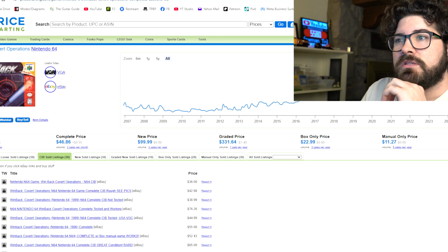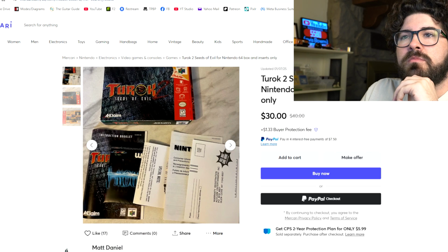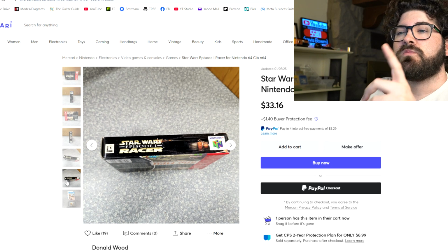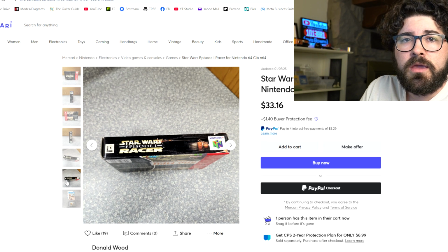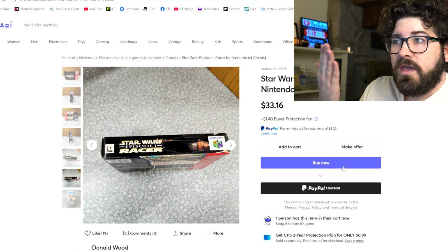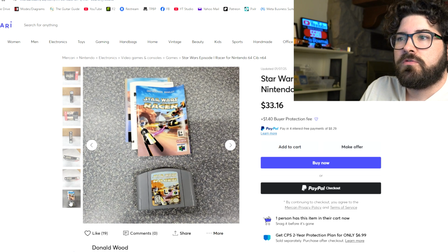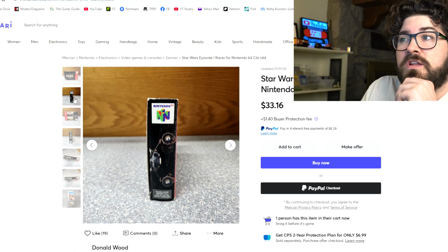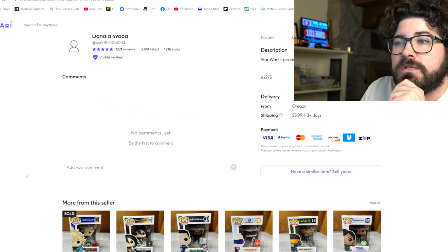We could always look it up and see how much it's going for. $31.95 complete in the box. Make an offer as well. That's what I love about Mercari as opposed to eBay. Sometimes the seller will let you make an offer on eBay, but not all the time. Every single time that you get on Mercari, you have the ability to make an offer, which is great. But this is looking like it's legitimately complete in box with all of the paperwork and stuff, which is really